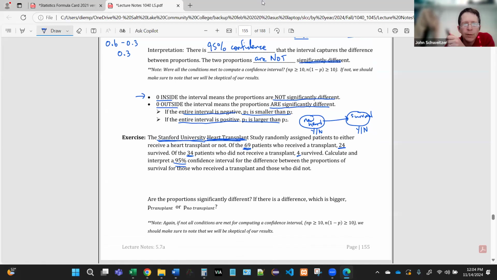So I'll go quiet for a few minutes and let you guys try this. It's basically identical to our last problem, just different context and the numbers are different. So I'll give you guys about, let's do 5 minutes on this, and then at 12:09 we'll come back together and talk about this. So get going on this and see what you think the difference is between these two populations.